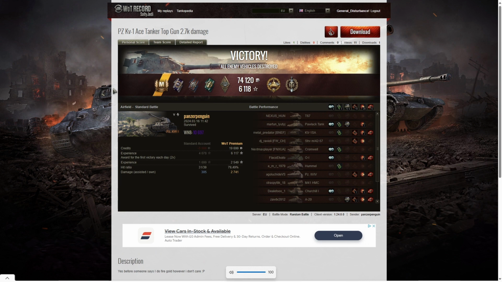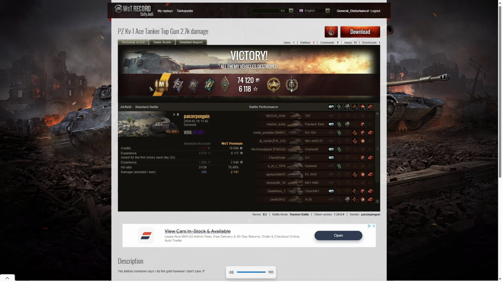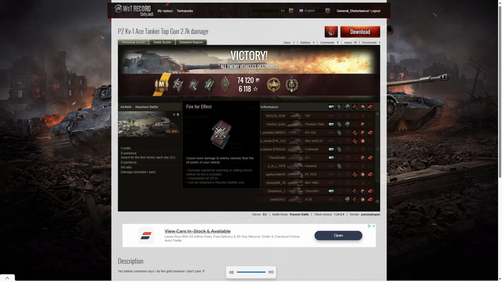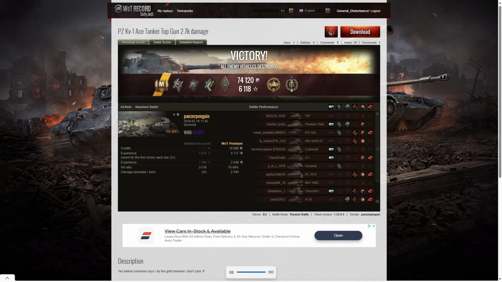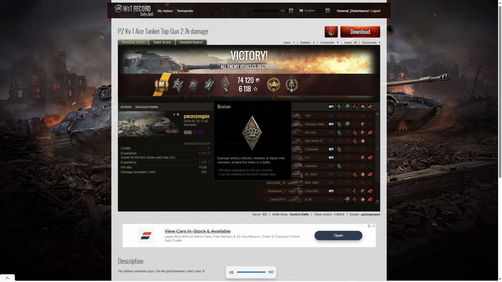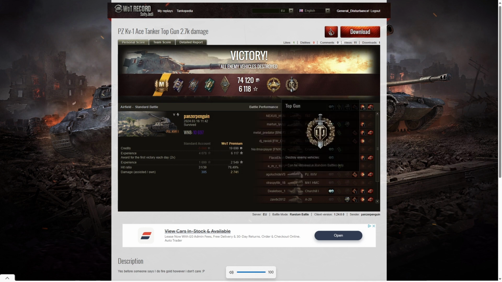Here's the end of battle stats, and that was yet another first ace tanker, this time for Panzerpenguin in the Pz.Kpfw KV1. He managed to get a sharpshooter for getting 10 or more consecutive shots on the enemy, fire for effect for doing more damage than hit points to his own vehicle, a master gunner for getting 5 armor penetrating shots in a row, a bruiser medal for getting at least 5 critical hits. In fact, he got 10. He got a high caliber for dealing the most damage in the game, and he also got a Top Gun